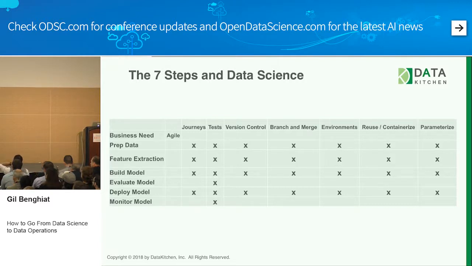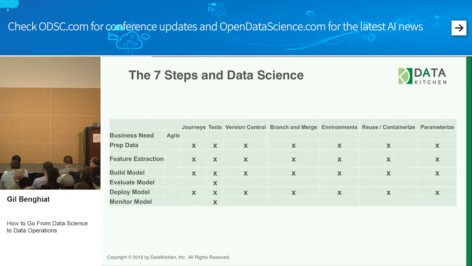And this is just one view. And this would be a good exercise for you to do in your own environment. So let me just go through the modeling steps and say how they apply. So the business need, I think that actually is not the 7 steps, but that's one of the agile ideas of focus on business value, focus on your customer, have a conversation. Now, prepping data, that's a model. I'm sorry, that's a pipeline. And I think it could cover, you could say maybe it doesn't cover all of the 7 steps, but